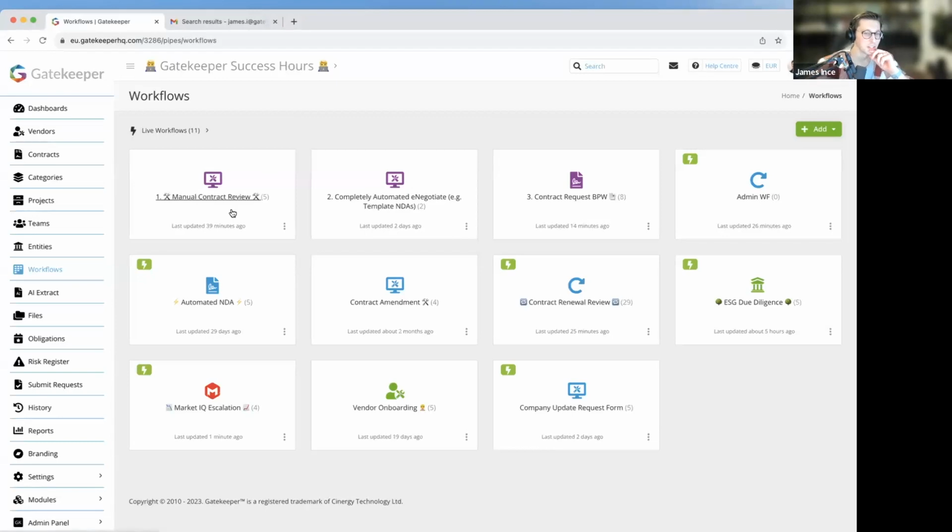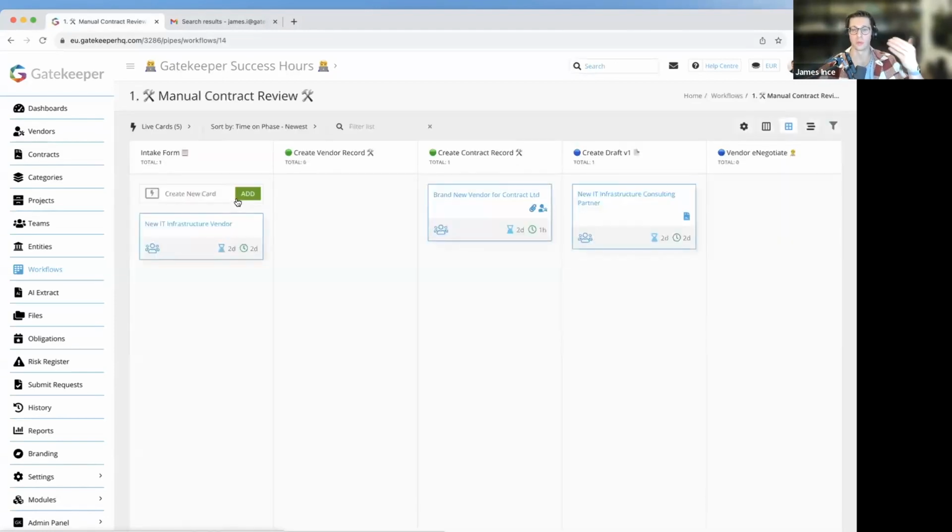Right, cool. So I'll jump into that process that you mentioned a second ago there, Daniel, which is what we call a Gatekeeper e-negotiate workflow, but it's a relatively manual step-by-step process for getting a contract added to Gatekeeper, negotiated and executed. And what we're going to use this workflow to talk about is Gatekeeper actions predominantly, because then, like Daniel said, we're going to move on to how to automate these and make them a bit more sophisticated so they can do more of the work for you whilst you're performing this exact process, getting a contract